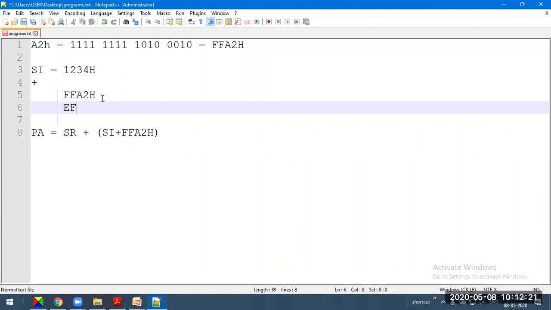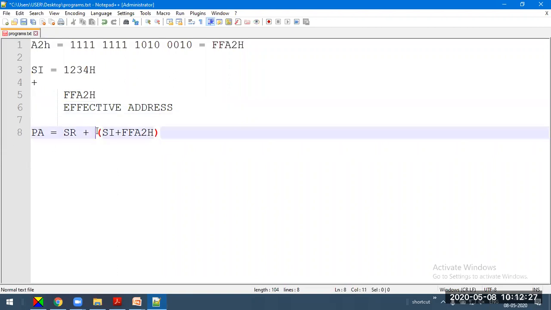So the effective address is the addition of the content of the source index register plus sign extended data, if the data is only 8-bit. If the data is already 16-bit, there is no question of sign extension. Directly we can add it with the content of the source index, and together it gives the effective address.